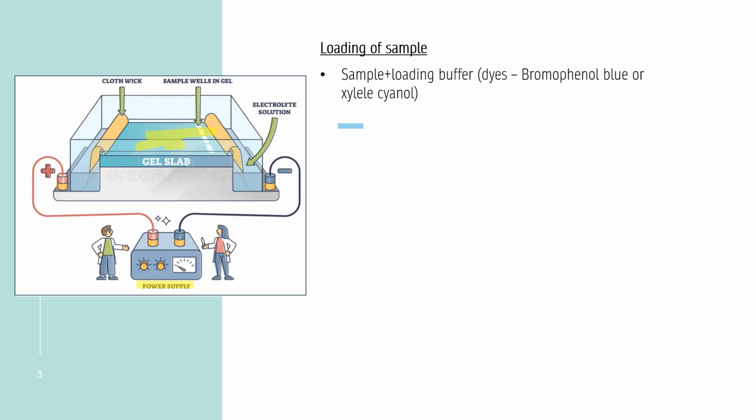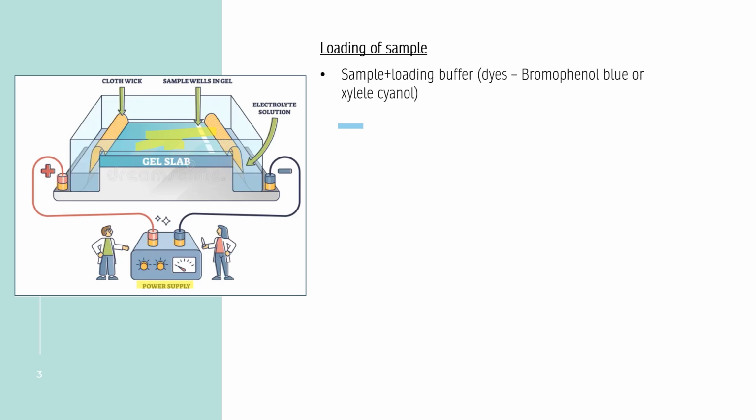Okay, so now next thing what we do is we'll place it here. Okay, we have placed the gel inside this. We will not switch on the power supply yet. Next thing we do is we'll load our sample. What will be in the sample? The sample that we have is normally what we need to migrate, like it could be plasmid, DNA, RNA that we've already